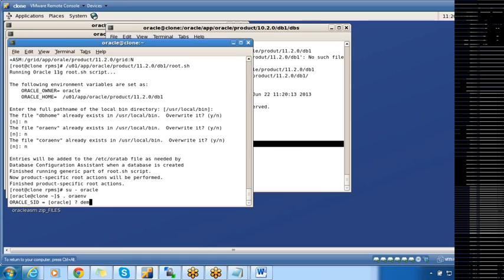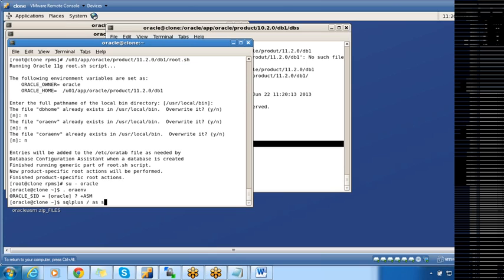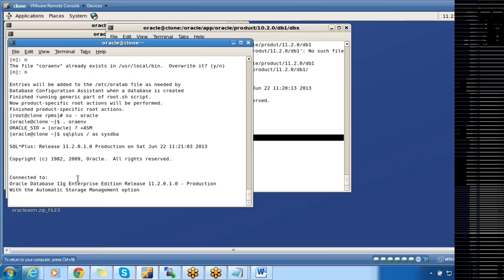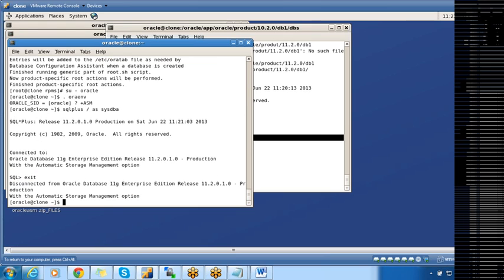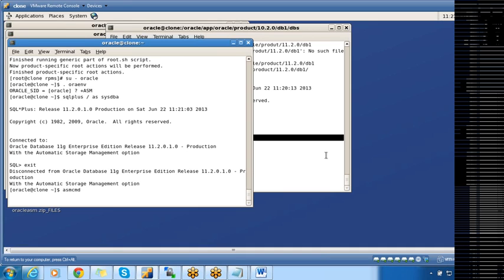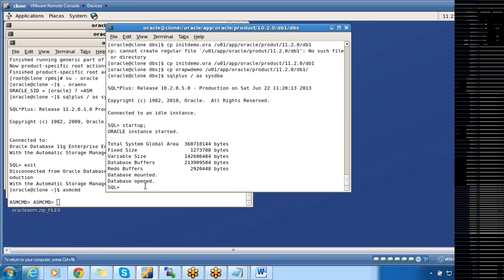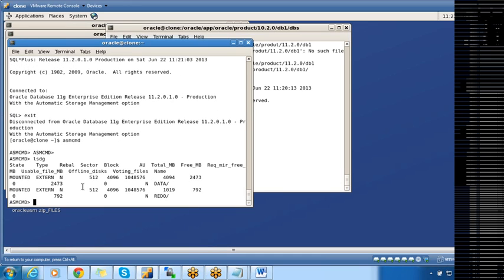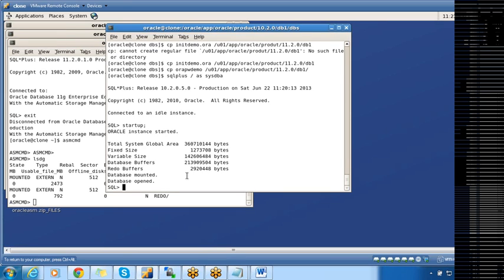Specify the environment demo plus ASM. SQL Plus slash SSDB. My ASM is running on 11g home 11201 and ASMCMD. Okay, LSDG. I have the disk groups here, so I'm good with ASM. I also start the database from 10g home. After that,